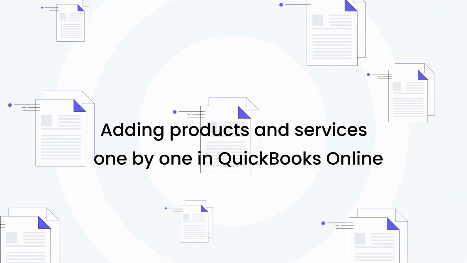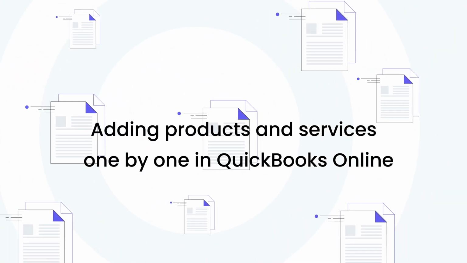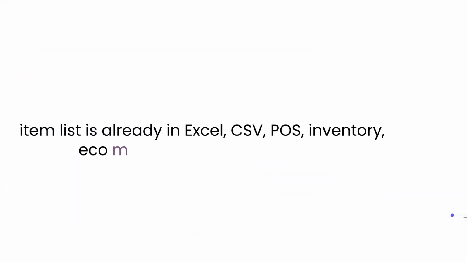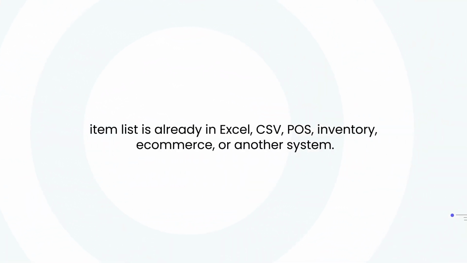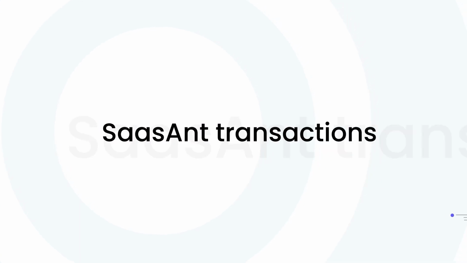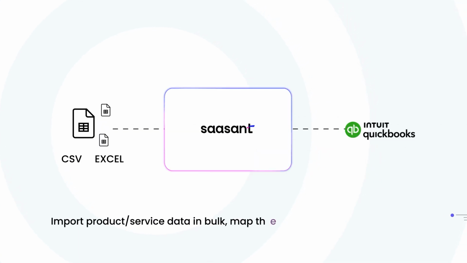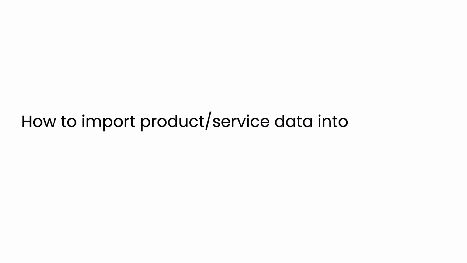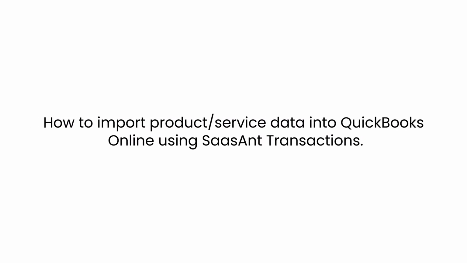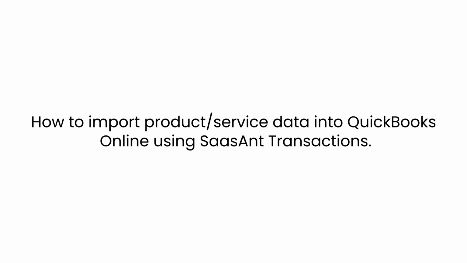Adding products and services one by one in QuickBooks Online can take time, especially when your item list is already in Excel, CSV, POS, inventory, e-commerce, or another system. SaasAnt Transactions lets you import product service data in bulk, map the fields, review the records before upload, and undo the import if needed. In this video, I'll show you how to import product service data into QuickBooks Online using